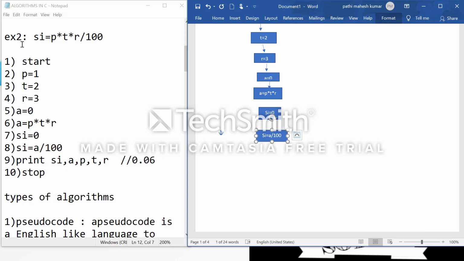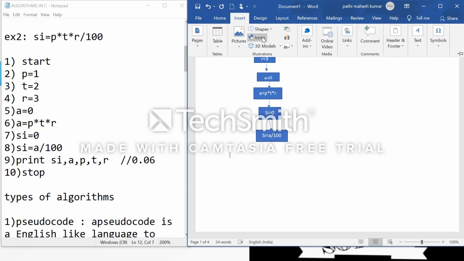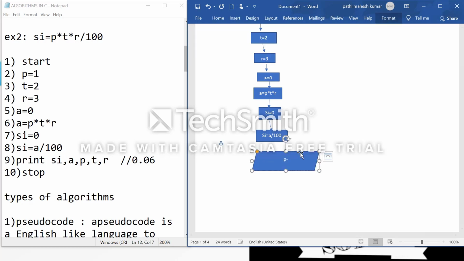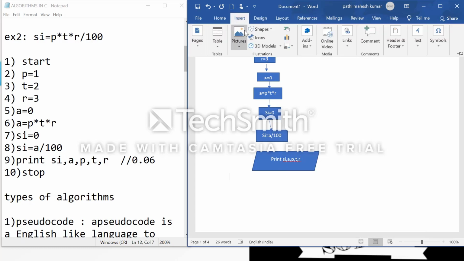And again I want to print all of this: si comma a comma p comma t comma r. So I want to get this output, and I connect these shapes. After that I print si comma a comma p comma t comma r, and connect these two.